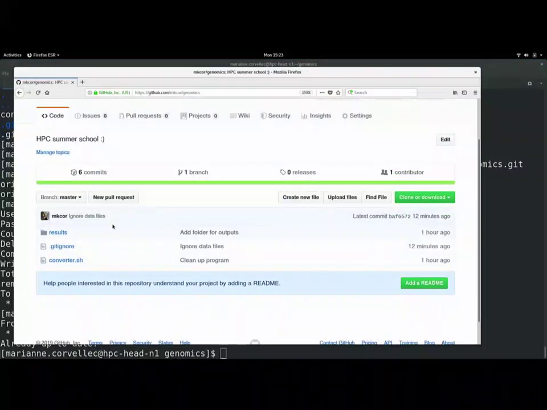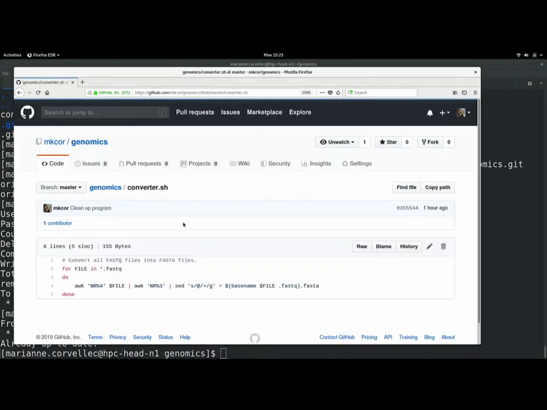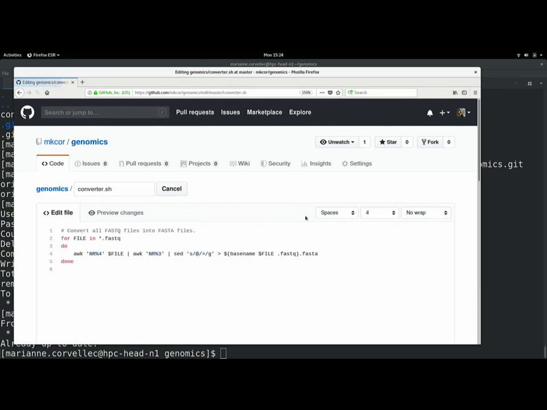But actually, by now, so this is very recent, when I started using GitHub, it was not like that. You have an online editor, so you can try it out for fun. I don't recommend it for real work, but let's say to fix a typo or something, why not? Here you can click on edit, and you can type directly online as if this was Vim or something else. So for example, here, let me add this